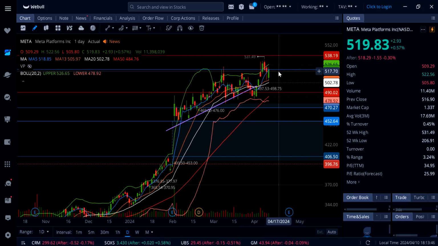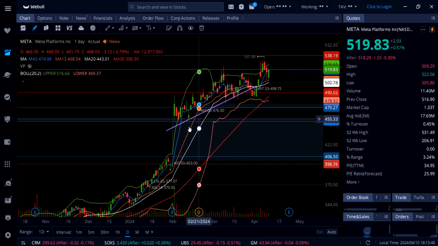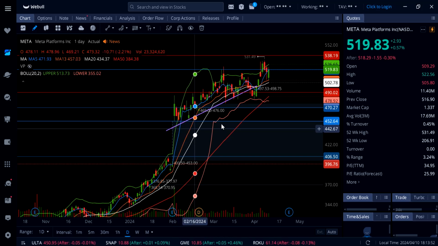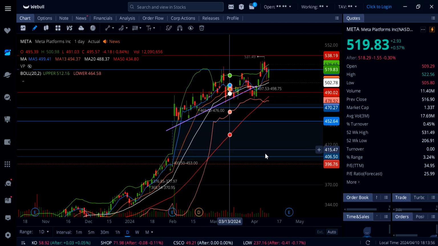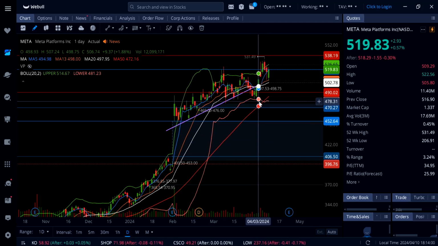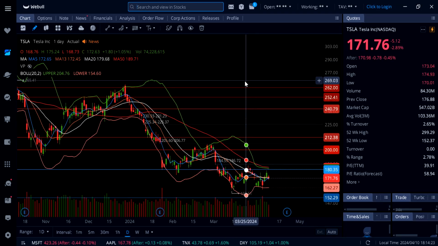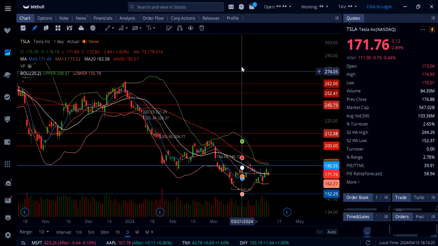Below 520, strong support down here, the 13-day moving average right here, 506, and then right here the 20-day moving average 502.78, and then this gap 497.53, and then 490. On Tesla, stock is down 2.89%, so Tesla gave up all the gains, and I said it last night